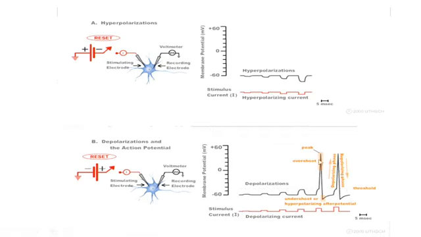There is the peak value. There's a region called the overshoot. That's the region between 0 millivolts and the peak value. And then finally, there's this very interesting aspect of the action potential. When it returns back to the resting potential of minus 60 millivolts, you see that it just doesn't return to minus 60 millivolts. There's a period of time when the membrane potential is more negative than the resting potential. And this is called the undershoot. So we have the overshoot, and the complementary part would be the undershoot. And this undershoot is also called the hyperpolarizing after potential. Okay? So we're going to be using this terminology a lot, so you need to, unfortunately, commit this to memory.